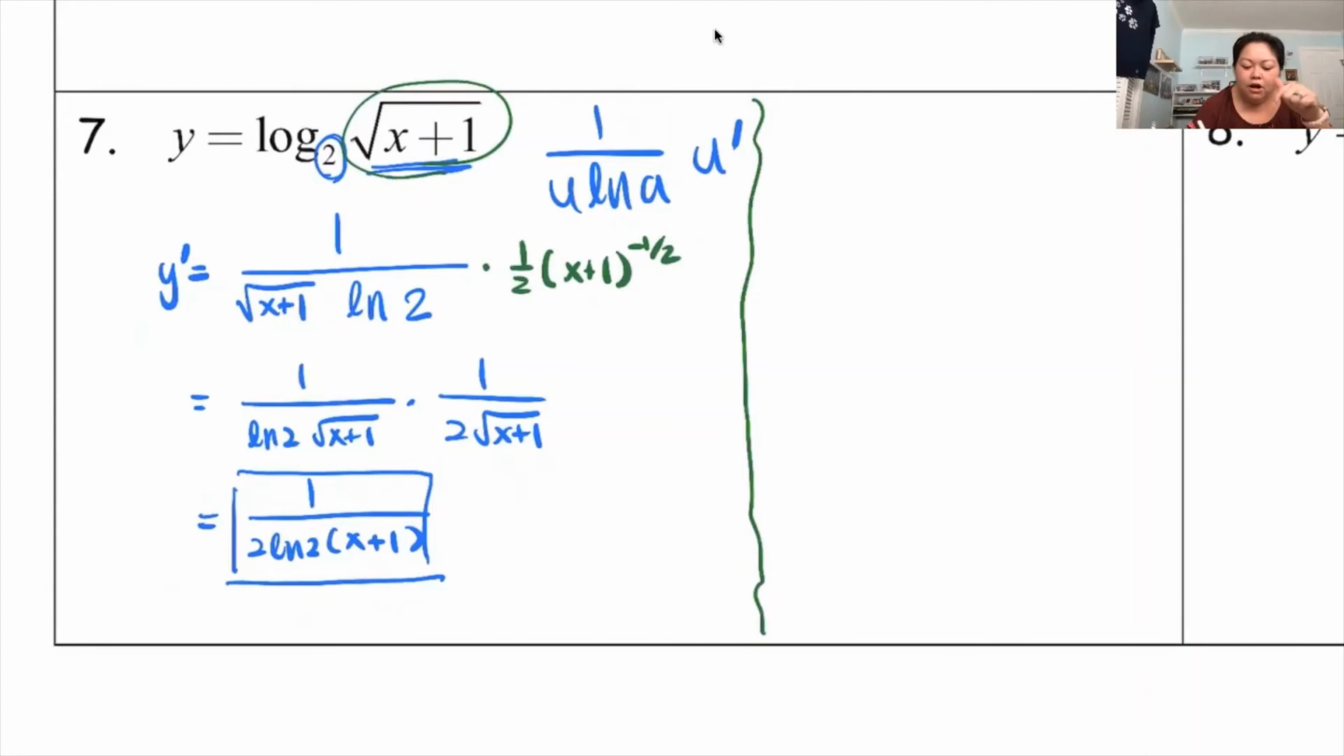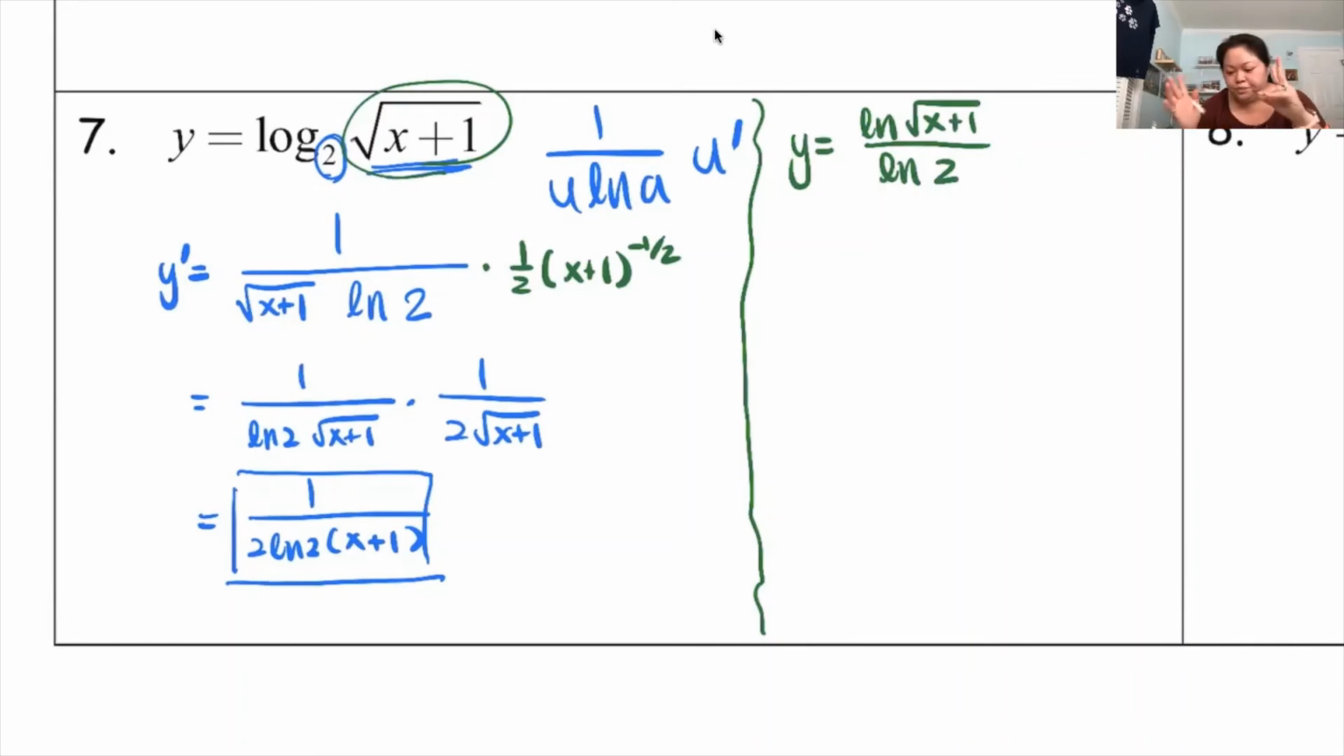So this log base 2 of root x plus 1, I can change that so that my equation is now y equal to natural log of root x plus 1 all over natural log of 2. Right, that's the change of base. I can change it to any log base of the big term over any log base of the base. So I change the natural log of the big term, root x plus 1, and I change it to a natural log of the